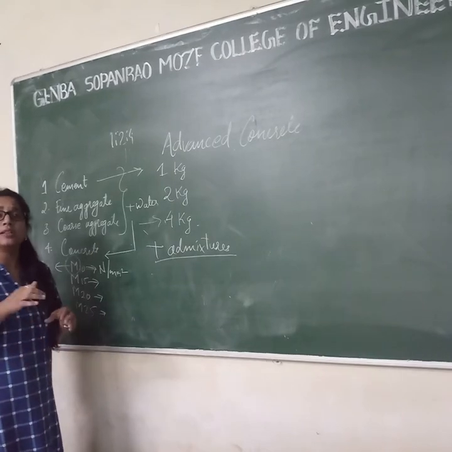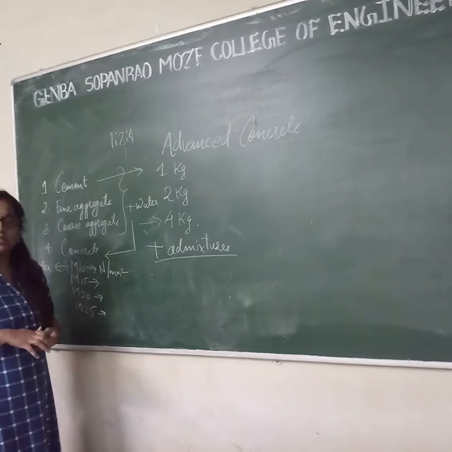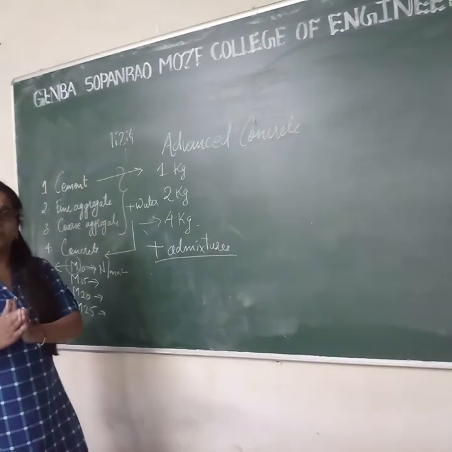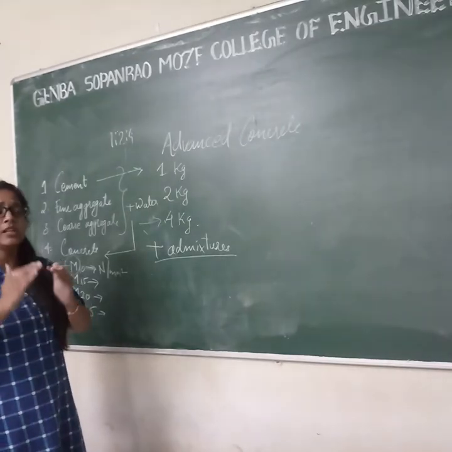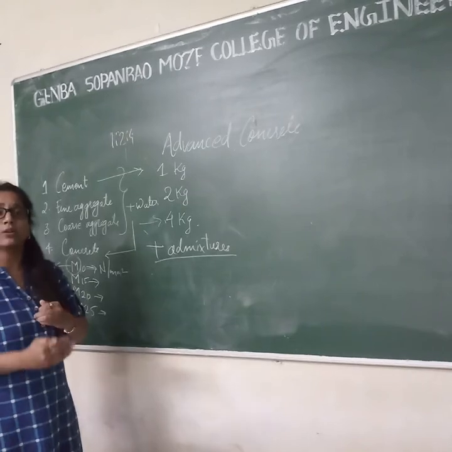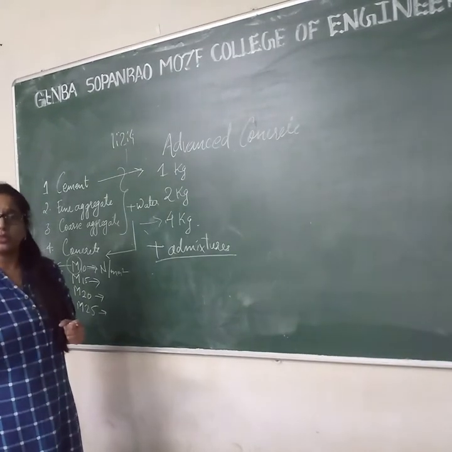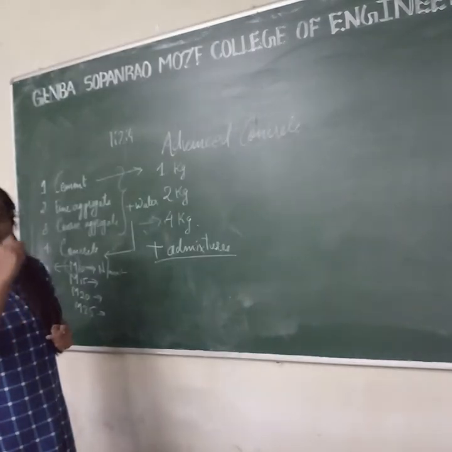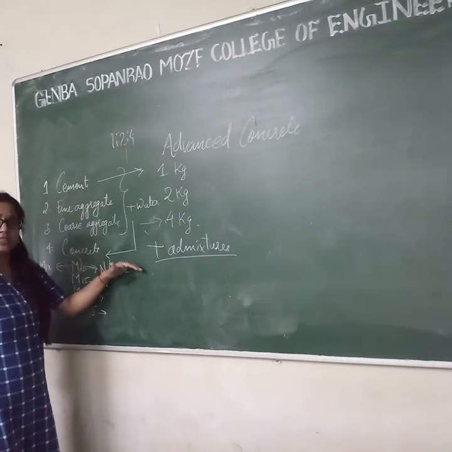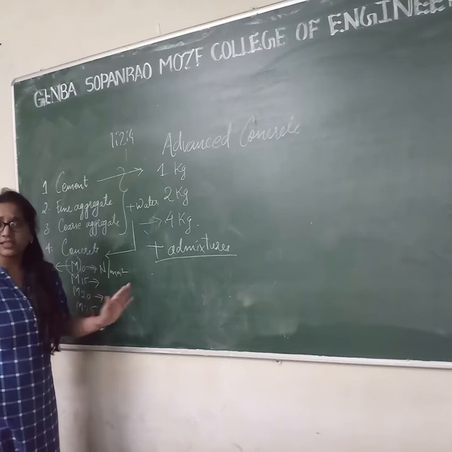If you want high water content, then you can take admixture as well, because water is the most important parameter for concrete. The water you are adding to your concrete is the most responsible constituent that affects the overall property of the concrete. If the water content is more than required, then the concrete will disintegrate.